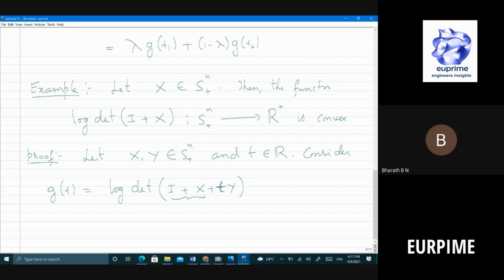Identity plus x is always invertible. Why? Can somebody prove that identity plus x is invertible? See, what kind of matrix is x? X is positive semi-definite and symmetric. So the moment I say positive semi-definite, symmetric, what comes to your mind, apart from symmetric and positive semi-definite, obviously? But what else? Of course, that's what you mean by positive semi-definite, right? Eigenvalue